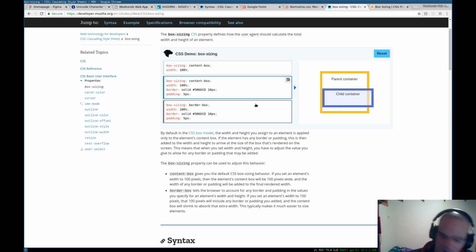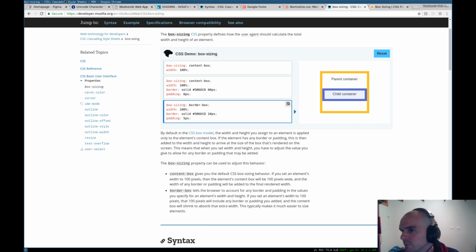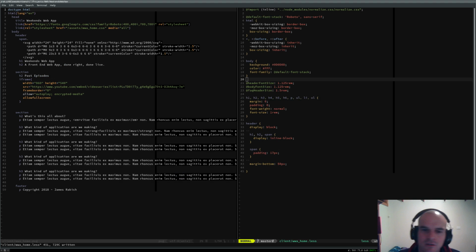Now, technically, that 100% would be accurate if we were to change this padding to 0 and to change this border to 0. Suddenly, 100% is accurate. Okay, so border box is about getting that expected accuracy back. Anyway, despite that slight digression,